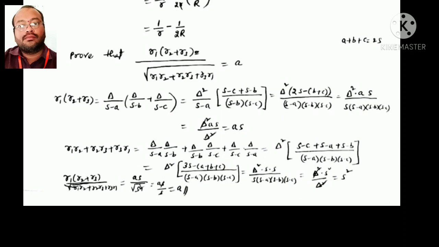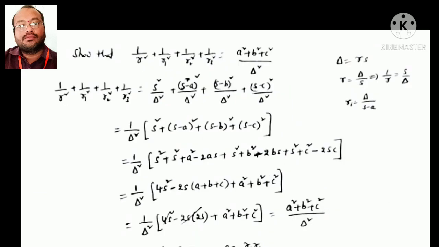But root is there, na? Root s square is nothing but s. So numerator is as and the denominator is s. S gets cancelled, we can get the answer as a. So this is also very important. So here the step is take numerator as separate and denominator as separate. By calculating all the simplification, replace that value in the LHS, we can get the answer.